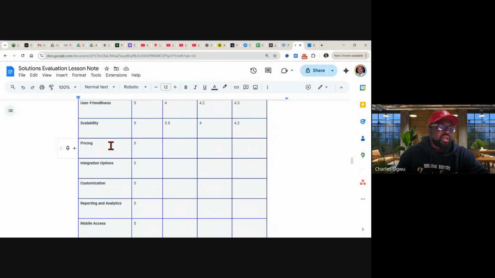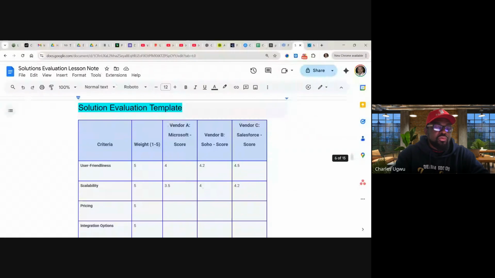So we've used this to rate every solution. Which one is pricier? Which one is integration friendly? Which one is customization friendly? Which one is mobile access friendly? Most so. Looking at the two factors we've already captured here,